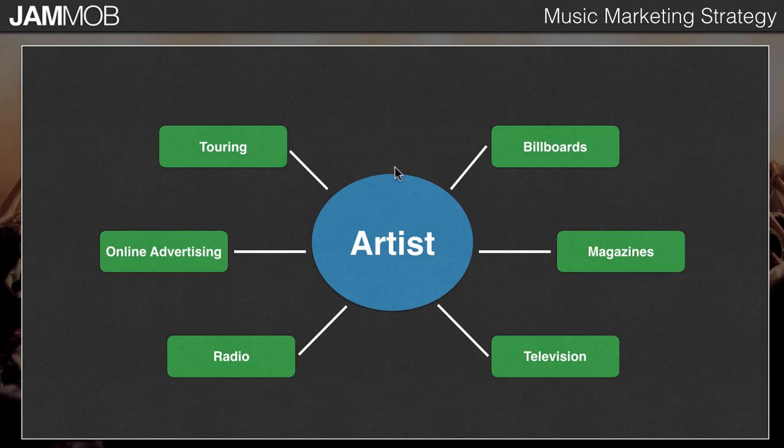This approach works, but it's not very measurable in a lot of ways. So let's say that we're a record label and we're promoting this artist and we put their billboard on Sunset Strip in Hollywood, or we're paying to get promotion on the radio, or getting them in magazines. And then, when somebody goes to iTunes and downloads the album, we know that our marketing's been effective because people are buying the music, but we don't know if that person is responding to the billboard, the magazine, the radio, all of the above. We really don't know what part of this strategy is the most effective. And with direct response, we know exactly what part of our strategy is the most effective, and we know that we can scale more quickly and more effectively by putting our money in that one area.